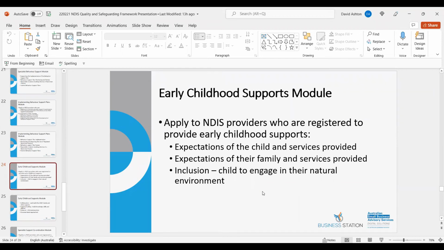It's the broader community too. The participation of that child within their broader community is an important element of that as well, in addition to adults that you may be providing support to. Information and supports are provided in a clear, easy to understand and flexible manner. The strengths of the family are promoted and developed as part of the plan, and work is undertaken with the family to inform and strengthen their participation in the child's learning and development.